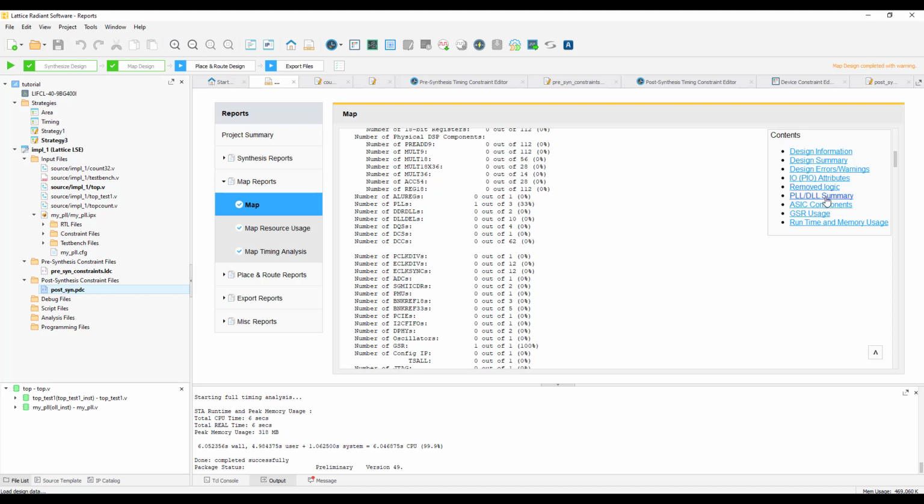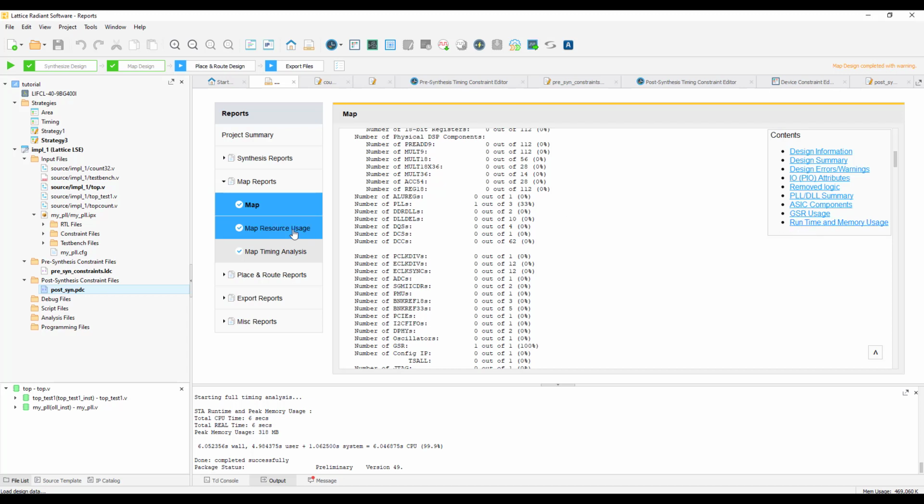If you have any PLLs or DLLs, that will be reported under the PLL DLL summary section. And if you have any ASIC components or any hard blocks used in the design, that would be reported under the ASIC components. And if you have enabled GSR, that GSR usage will be reported in the GSR usage. You can also see the runtime and memory usage for this map design process.